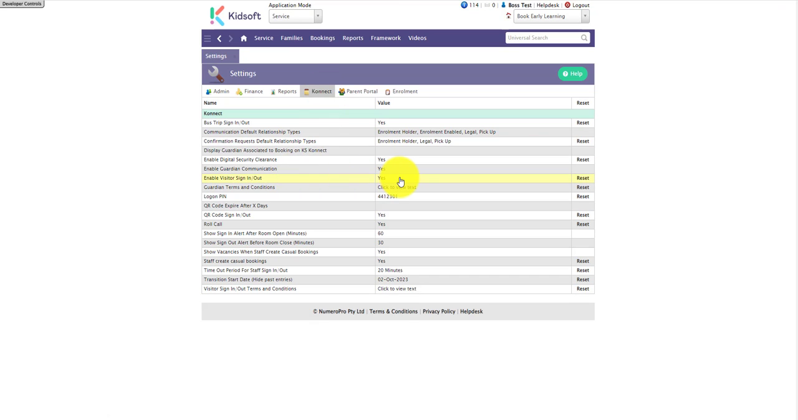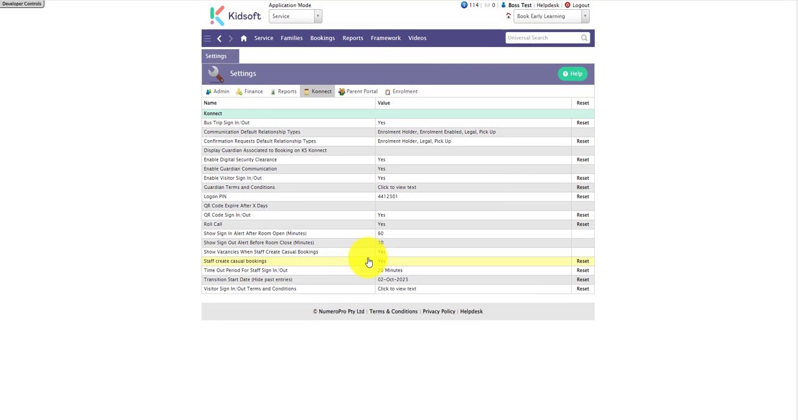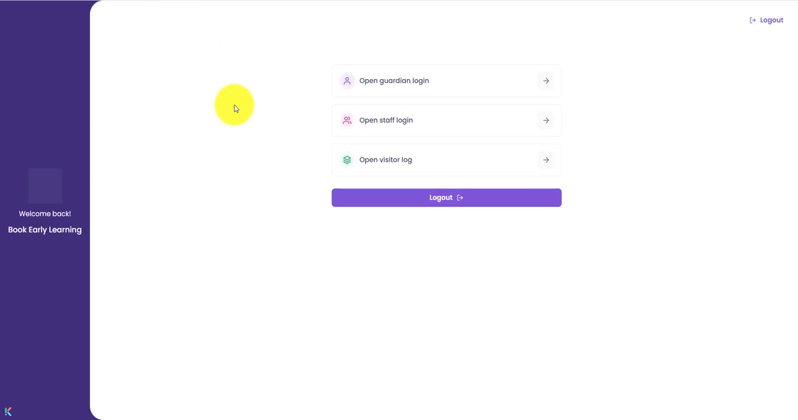Once this feature is enabled, you can then update and edit the terms and conditions that your visitors will see when they sign in using Konnect. Now that this feature is enabled, we're going to switch over to Konnect to show you how you can use